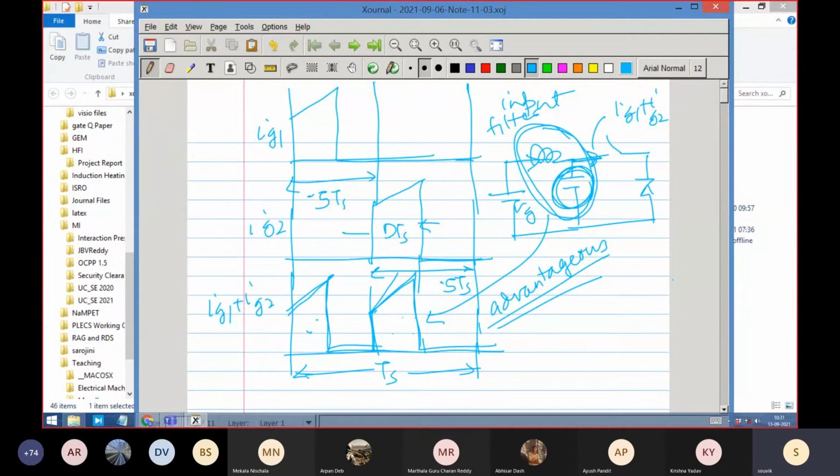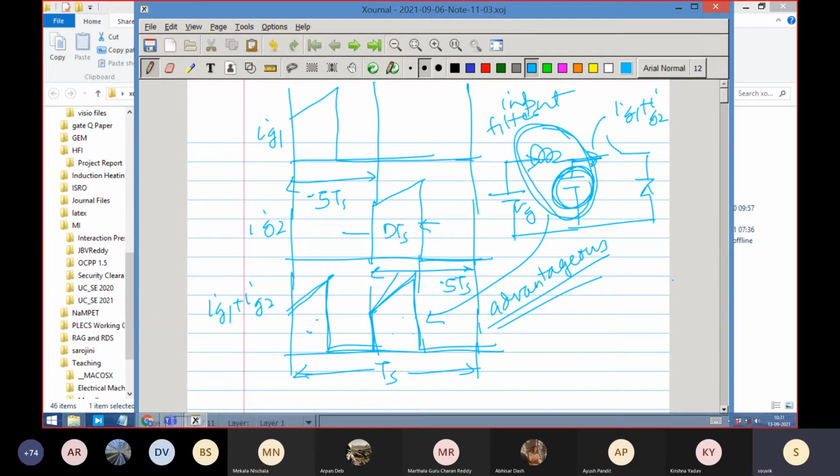This is the advantage of a multi-phase converter. Multi-phase is a very good tool or trick to distribute power and get some advantages in the filter components, meaning capacitors and inductors. Their values will come down relatively. Either the value will come down for the same ripple, or for the same capacitor, the magnitude of the ripple will come down, one way or the other. Either you maintain the same ripple and reduce the value of the capacitor, or you maintain the same capacitor and get an advantage in the ripple performance.